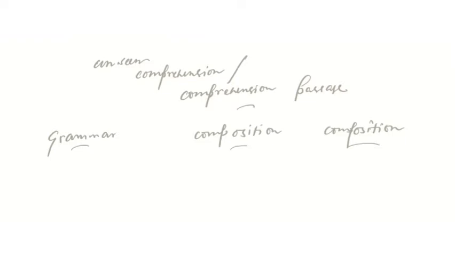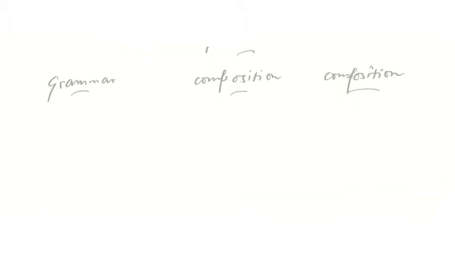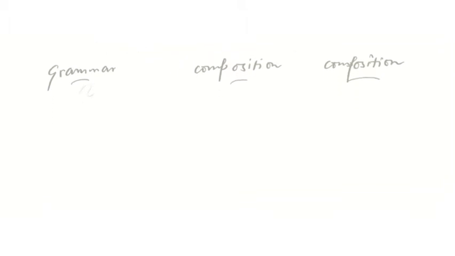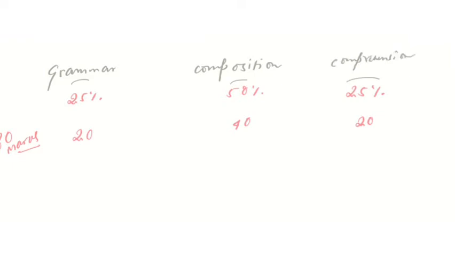Often we go through the grammatical parts and think our language work is done. It is not at all like that. We have to be extremely careful while dealing with English language. Grammar consists of 25% of the total marks, composition 50%, and comprehension 25% again. So if it is an exam of 80 marks, you will have 20 marks grammar, 40 marks composition and 20 marks for comprehension. Now what we should do and should not do in this part is the matter of discussion today.